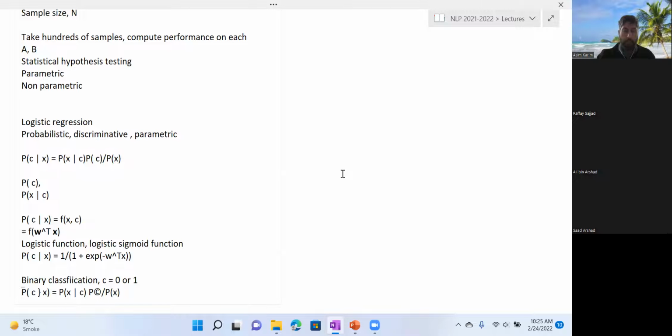So two possible values for C, C0 and C1. Okay. So let's say I've written this for